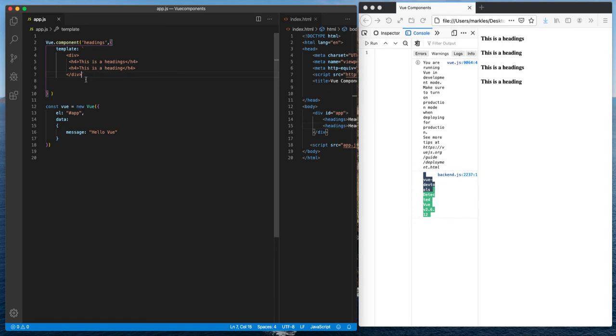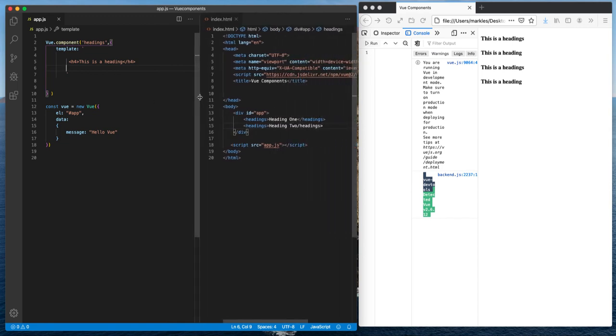But just to keep things confusing, not my intention, I'm going to go back to a single root element because it's just cleaner for my demonstration. All right. And so back to the idea of slots, S-L-O-T-S. I have put in heading 1 and heading 2 to make each of these components their own individuals, their own objects, but now they have to have data that's unique to each of them. And in order to put data in between the open and closing heading, we're going to